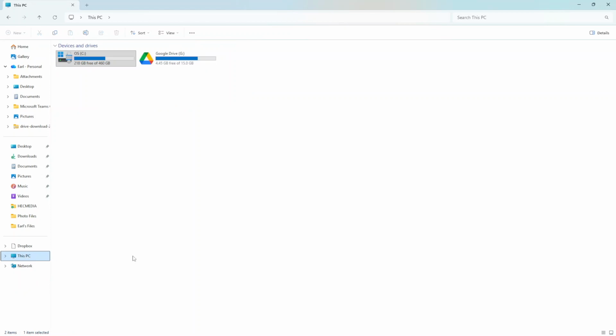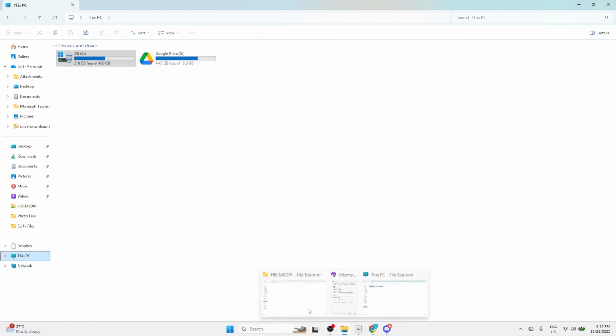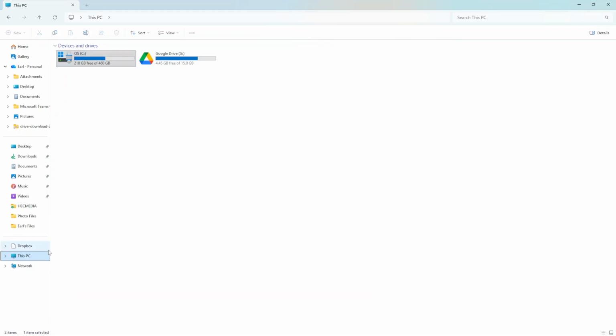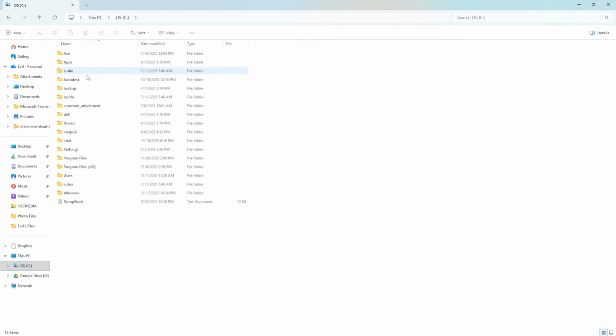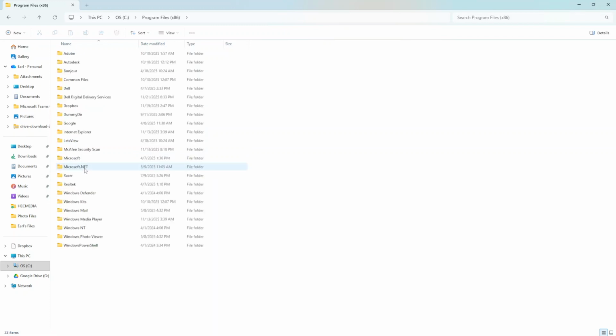Begin by opening File Explorer, often depicted as a yellow folder icon on your taskbar. Next, click on This PC, and then double-click on Local Disk (C:), which is usually your main hard drive. Inside, you'll find either Program Files or Program Files (x86), depending on whether your program is 32-bit or 64-bit. Open the folder that houses your application, and there, look for the executable file, usually an .exe. Double-click this file to launch your program directly.